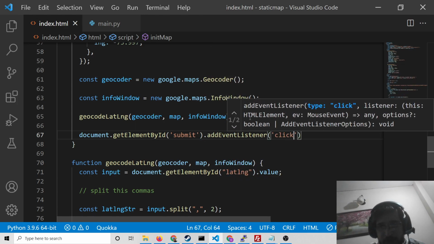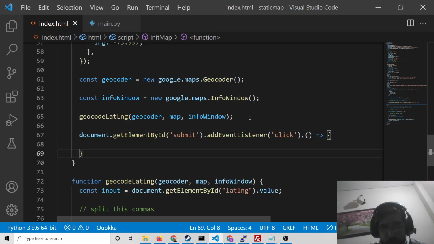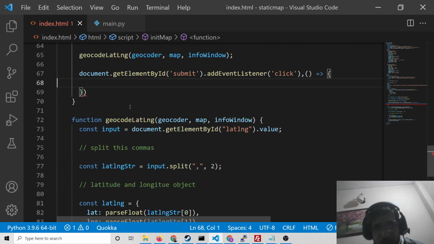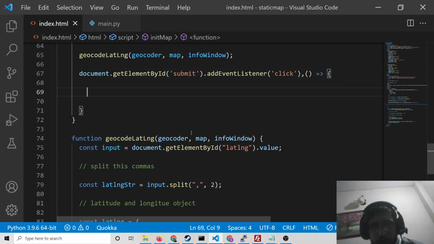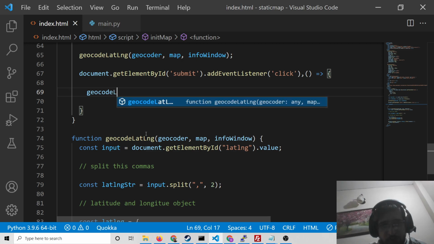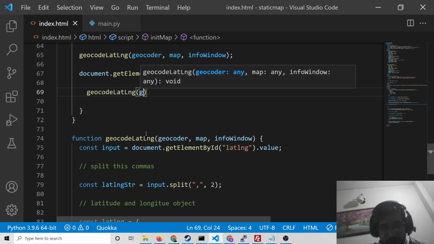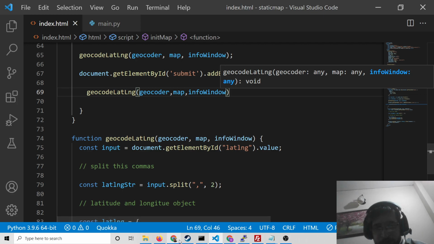Whenever we click this button, we need to execute this function, which is geocodeLatLong, and here once again we need to pass the same information: geocoder, map and info window. That's it. So now this will work, guys.